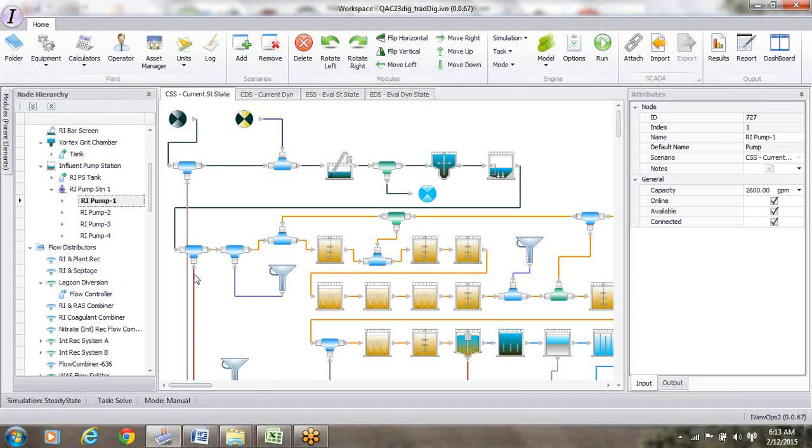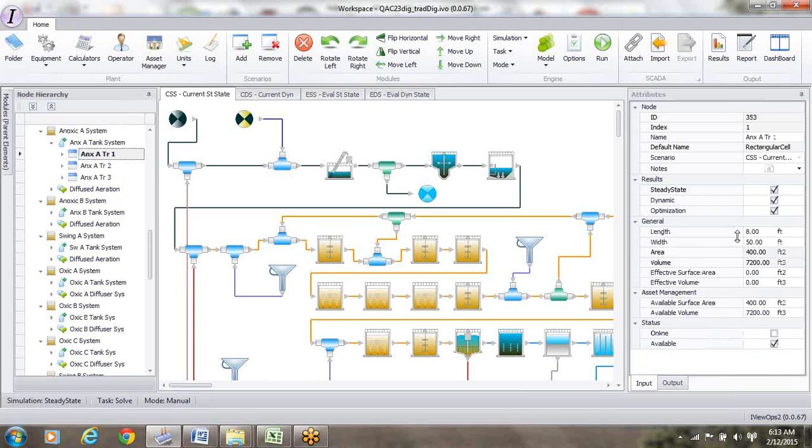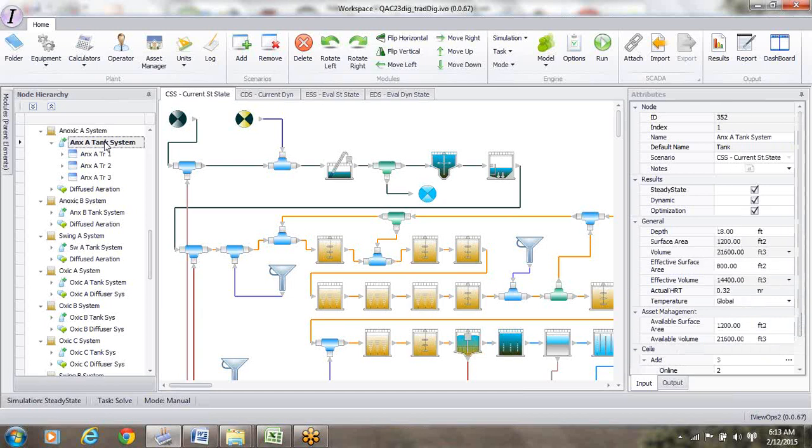The RAS is coming in down here. They have the ability to feed in chemicals here if they want to. So there's a chemical feeder here. You get into what could be switched between an anoxic and anaerobic operation, but they designate it as anoxic A tank. Within the anoxic A, since the plant has 3 trains, you'll see these 3 tanks, each with its own characteristics, the length, width, and then the depth, which is set up, the common depth, 18 feet depth for all